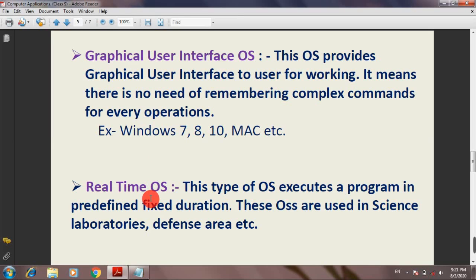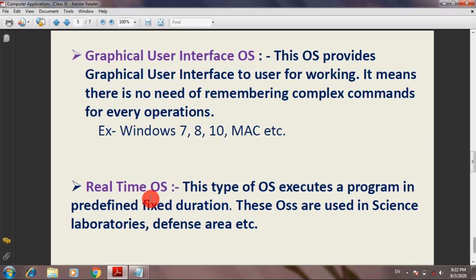Next is real-time operating system. Real-time means an operating system that executes all its programs in a predefined fixed duration. It means first it will provide a particular time interval for execution of a process, and it will definitely execute that process within that predefined duration.